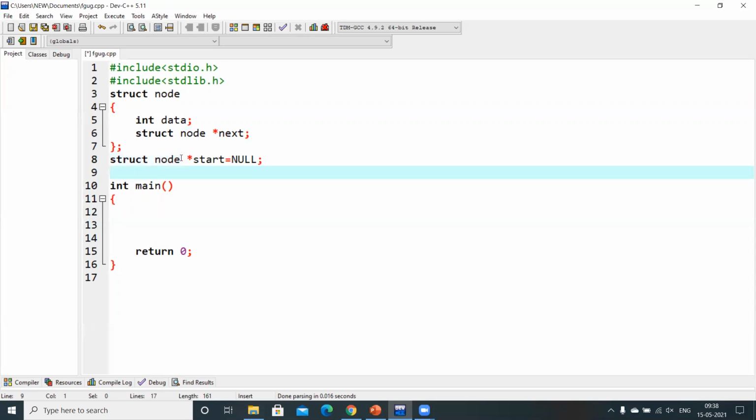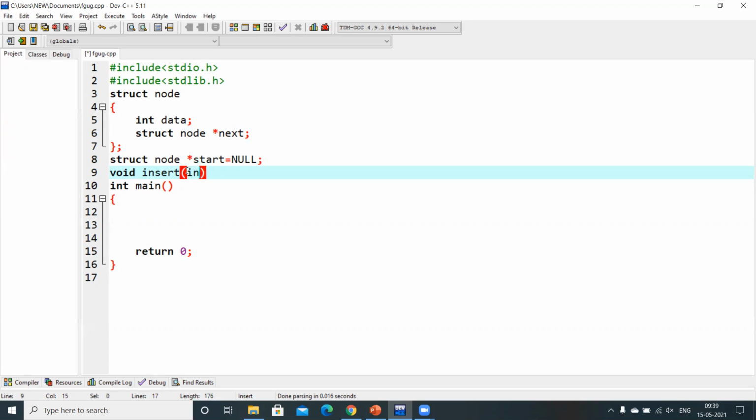Now let me take some functions. Before going to delete, let me take an insert function so that it will insert the node every time at last, meaning insertion at the end. This function is already available in the previous video also, you can check it out. First I'm taking an insert function in order to create a linked list.